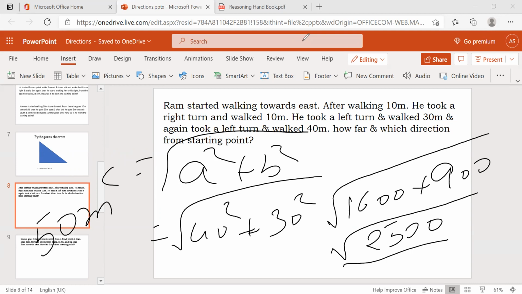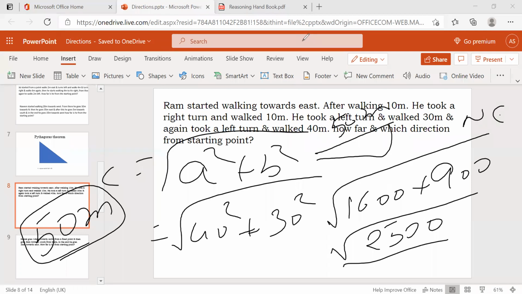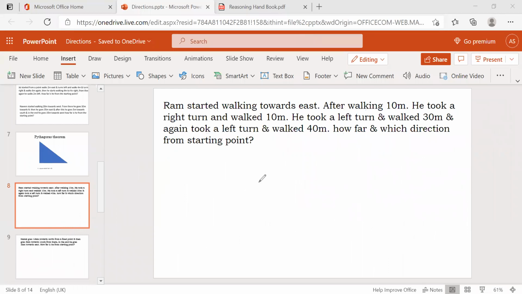50 meters. So what's the length from this? So from here he traveled like this. This is nothing but 50 meters. And which side is he now from the origin point? From the origin point, it is northeast. Northeast. Okay. Is it clear? So this is how we are going to solve these Pythagoras theorem problems, and we'll solve many problems on this one. Then you people will get a better idea and easily we will solve the questions.